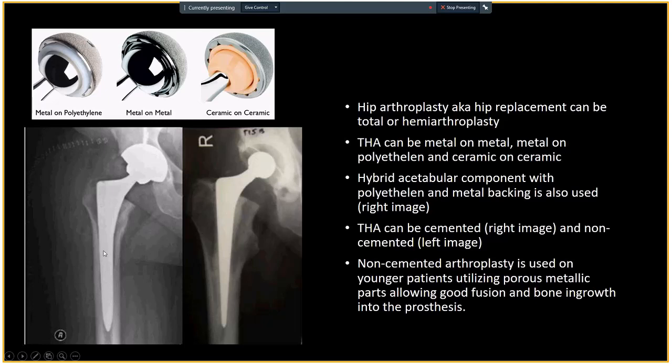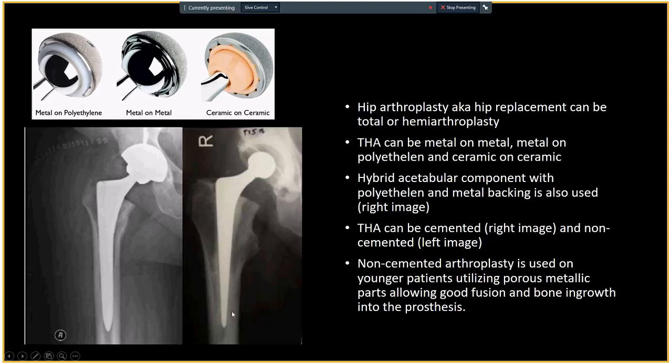It takes a little bit longer for it to fix and heal fully, but it's potentially much more stable than the cemented. Therefore they use it in younger people, and so on. So you can see that sort of cement. When we look at it, we typically want to examine that there's no widening or loosening of that cement. If it's widening greater than maybe 1.5, 2 millimeters, that's usually very significant for potential failure of